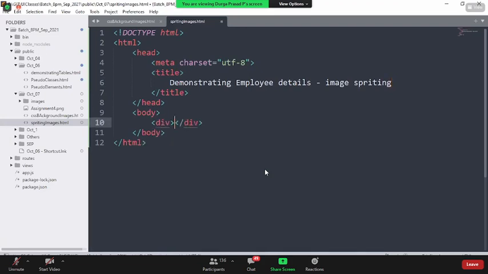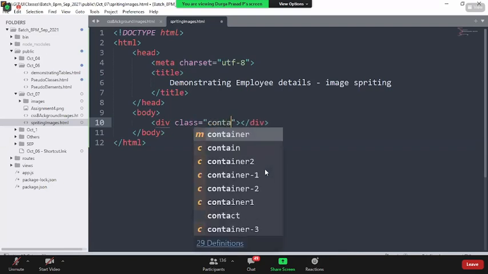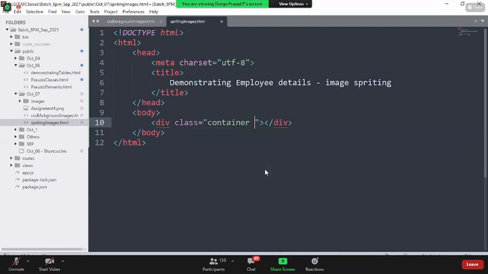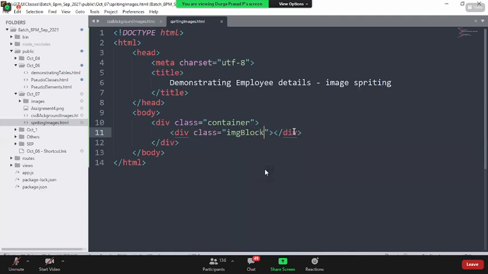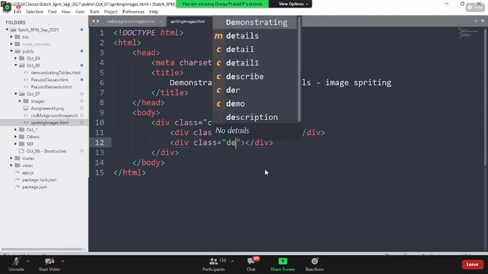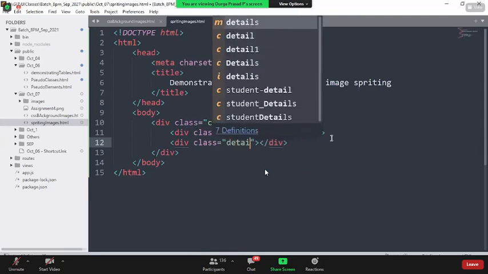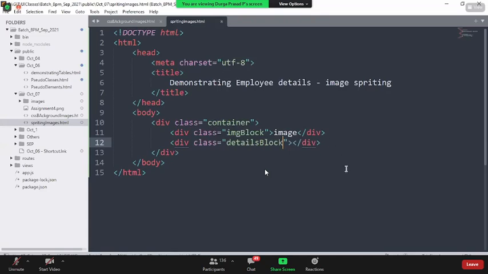Let me add a div with class equal to container. Under that, I have a div with class equal to img block, where I want to show some employee image. And I add a div with class equal to details block.